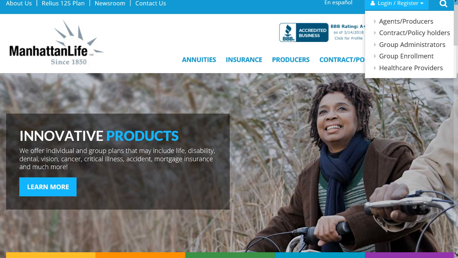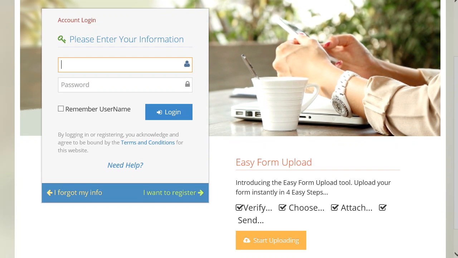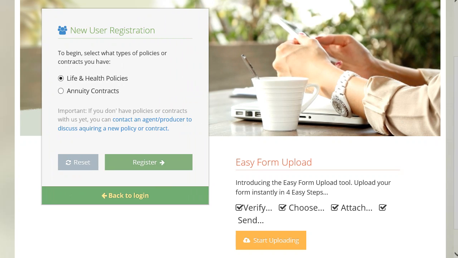Once you've clicked on that button, you will come across a screen that looks something like this. The screen will ask for a username and password, and since you're a new policyholder that has not been created, you will need to scroll down to "I want to register." For our purposes today, we'll be using the life and health policies, and we will go ahead and register a